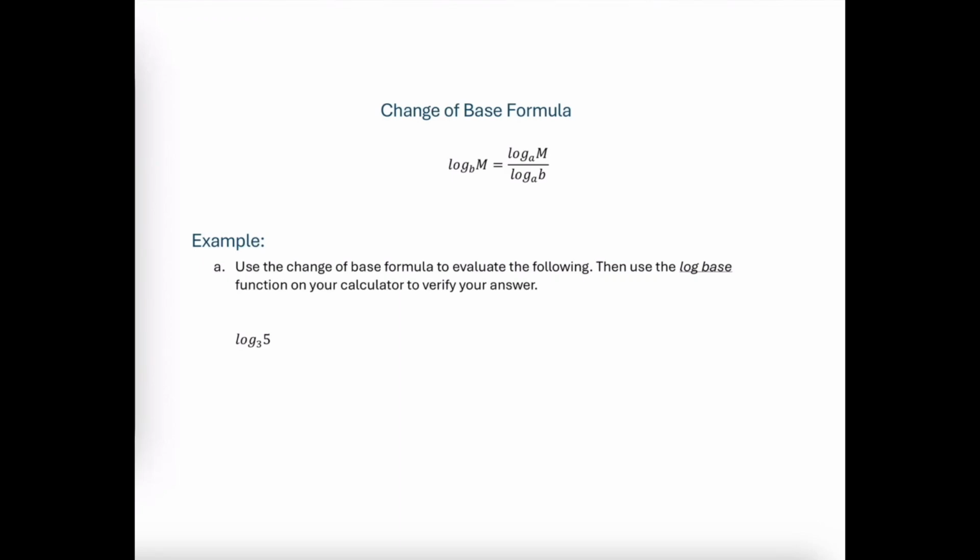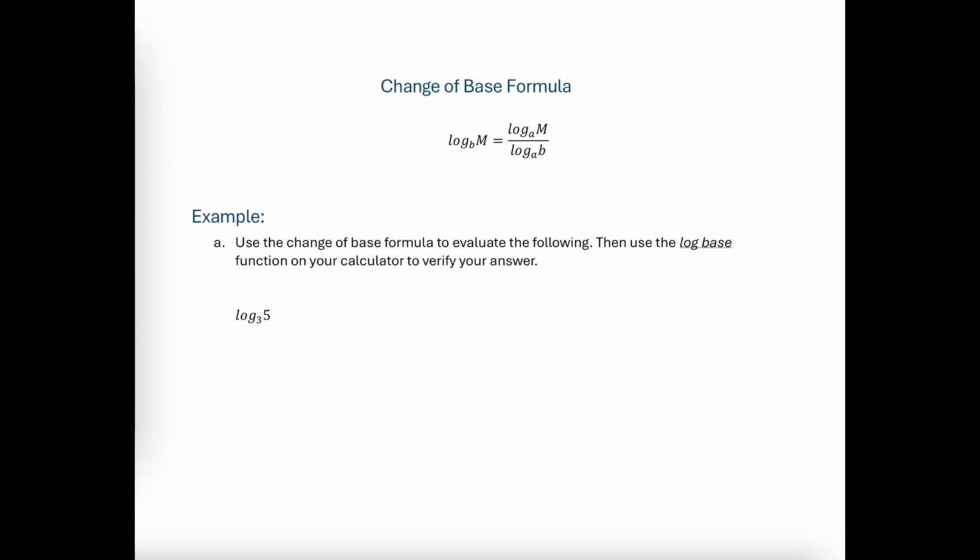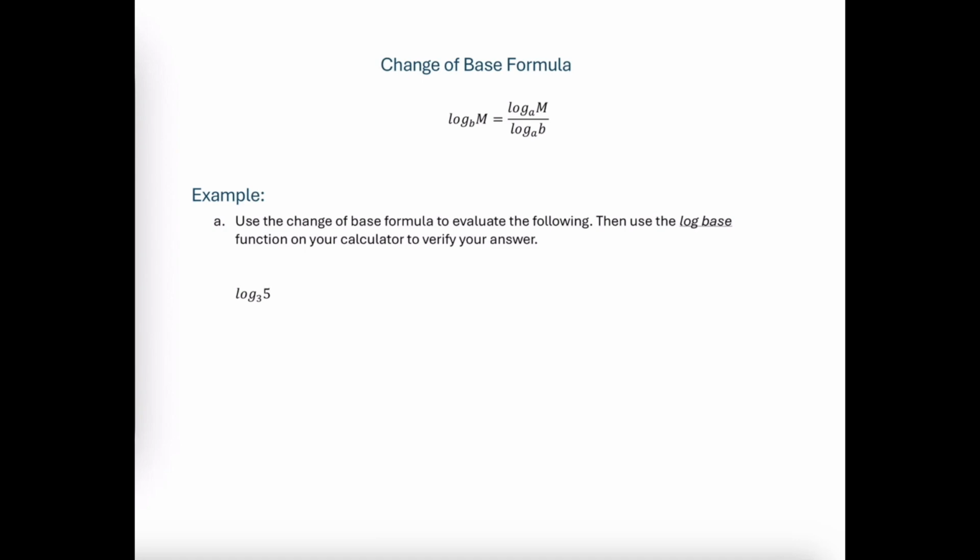The change of base formula is one that can be used to evaluate a logarithm that does not have one of the common bases. If we have a logarithm with base 3, one option is to use the change of base formula. What that looks like is that we would apply this formula saying whatever the base is that we want to change, so in this case it would be base 3 we want to change,